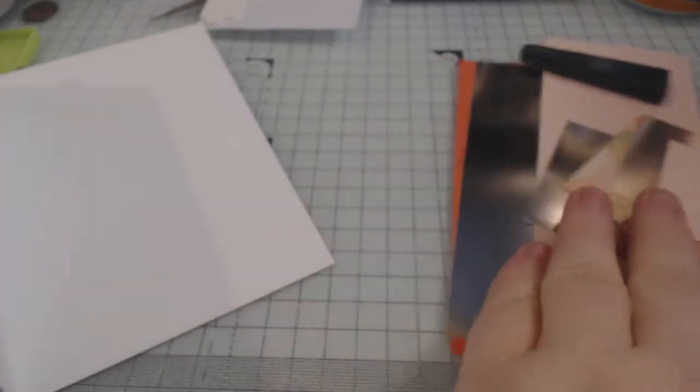Right, I'll move that aside just now so I can score this. Oops, bent my nail slightly there. Ugh. I'm just going to trim that part off because it's going to annoy me if I don't. That's better. Right, so I've got my card base